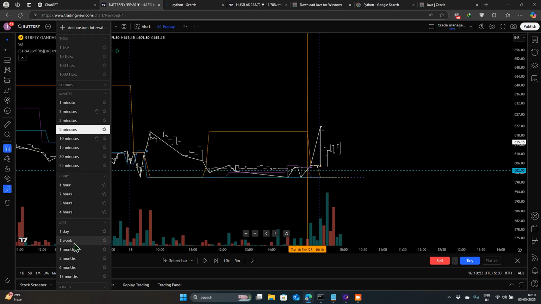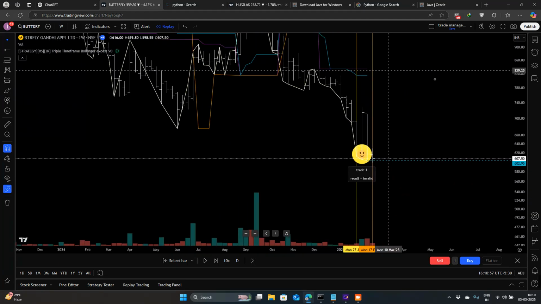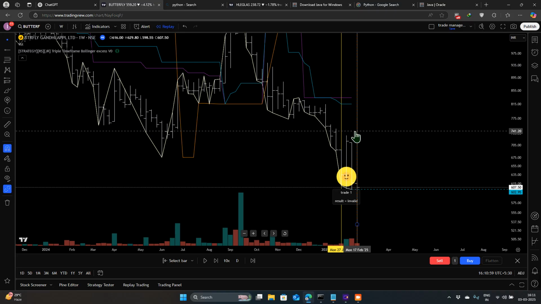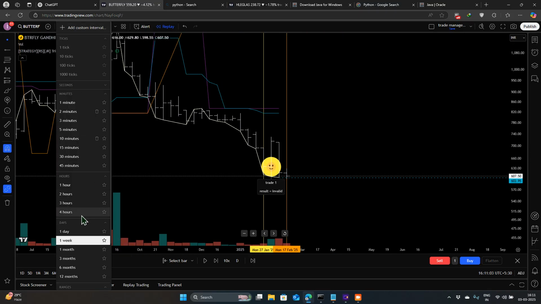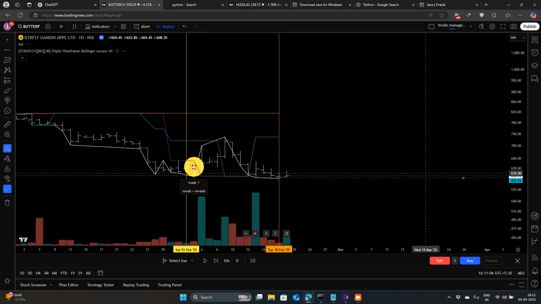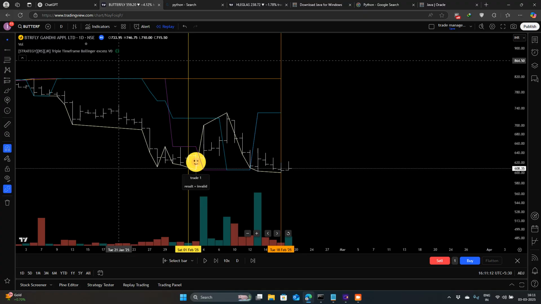Now let's again go to the 1 week frame. Is everything fine or not? The stops are not closing in. We want the stops to be as far away from the entry point as possible to make the trade valid. Okay, let's look for another trade. These were invalid. All these trades have been invalidated.